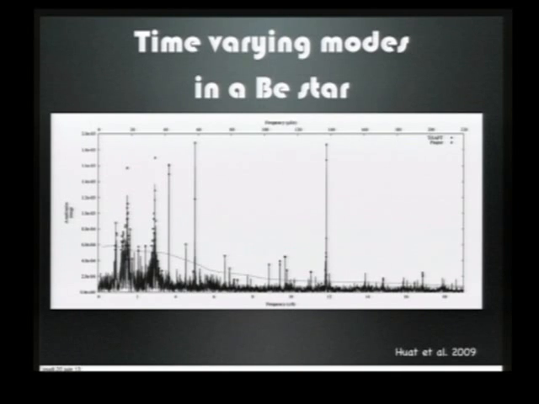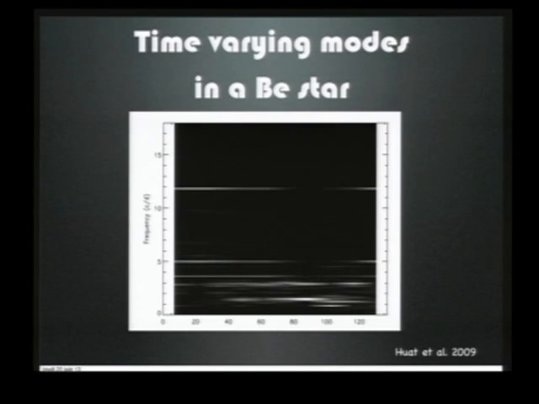Another example of the application of this initial idea of Alan: among CoRoT targets, there were also B stars with emission lines, so Be stars. Again, a spectrum with, for example, two large amplitude peaks here and other oscillations, mainly at low frequency. If you do, again, time frequency analysis to see what was the temporal behavior of these oscillations, here is what you get. So you see here the two, let's say, higher frequency components, which show at the same moment a decrease in their amplitude, and maybe at the same time an increase of the amplitude of the lower frequency modes.